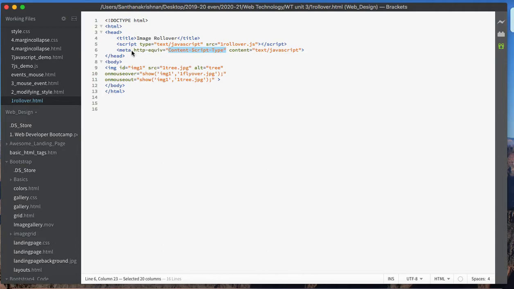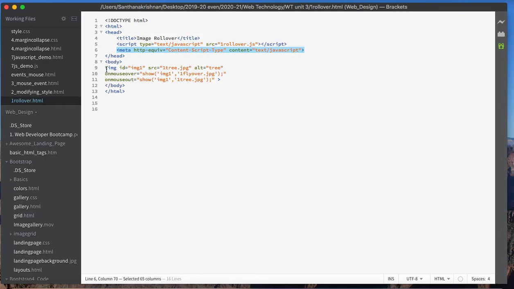Okay, so this is actually mentioned in the header field of the HTTP response message. In the header field named http-equiv, it says what's the scripting language that this document uses, and in the content property we'll be mentioning it as JavaScript. Okay, so simply remember, whenever we use events like onmouseover, onmouseout, there are a lot of events, we need to use this meta element in the header field. And apart from that,